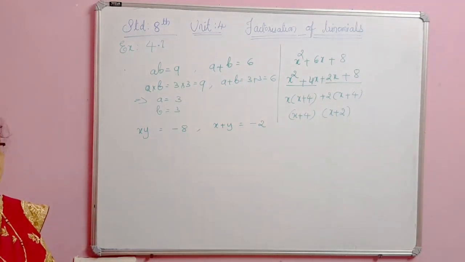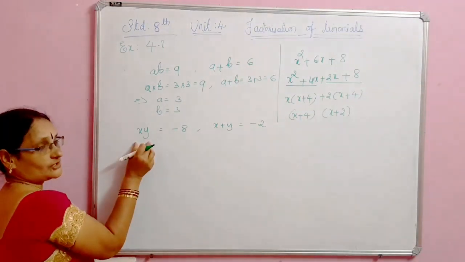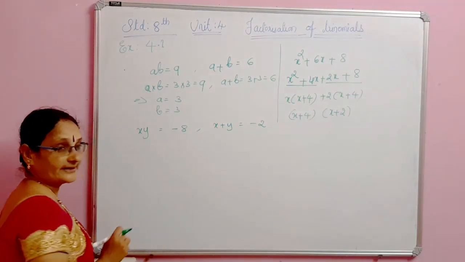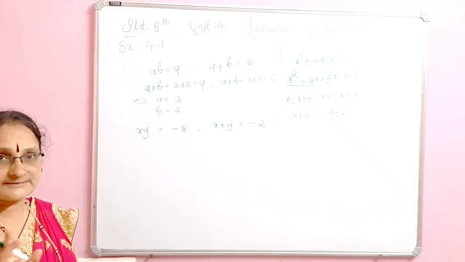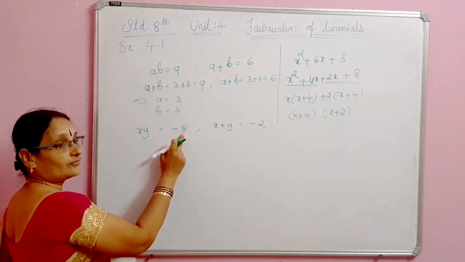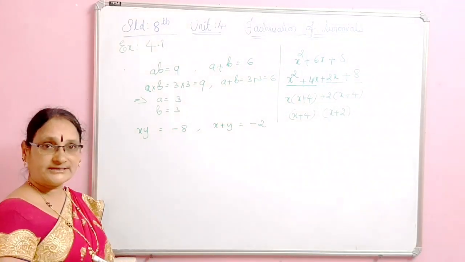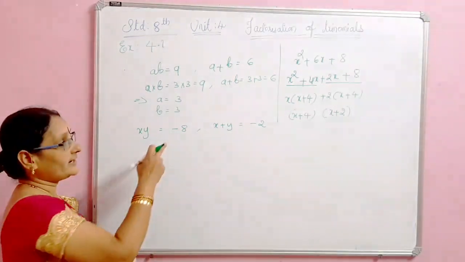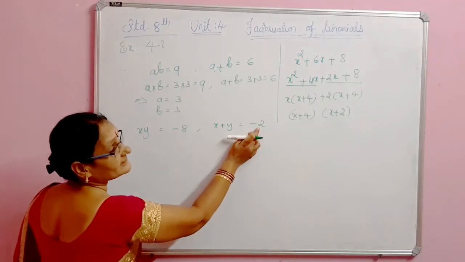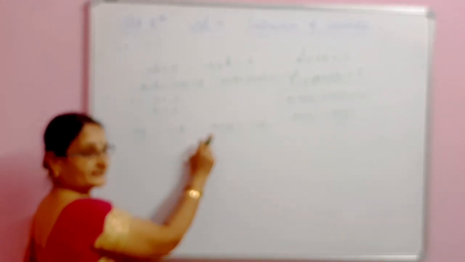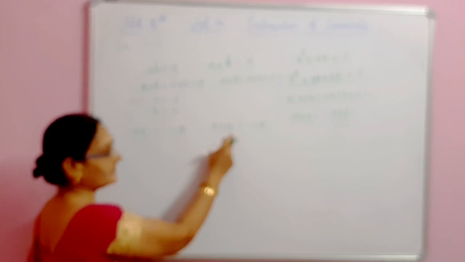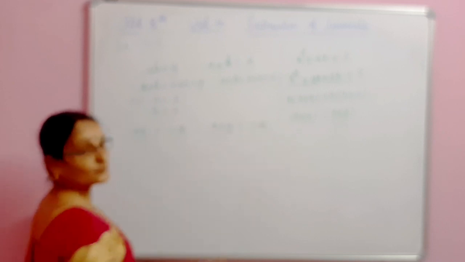See here, minus sign. On multiplication of two numbers, we have to get minus 8. That means one number should be minus, one number should be plus. Then 4 and 2. 4 2s are 8. So in that we have to take which number minus? The bigger number we have to take as minus, because here minus 2 is there. Suppose bigger number plus and smaller number minus, then 4 minus 2, plus 2 will come.